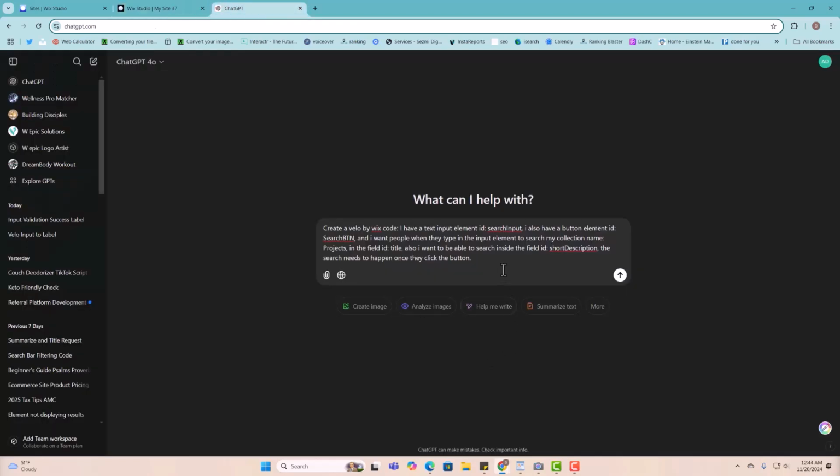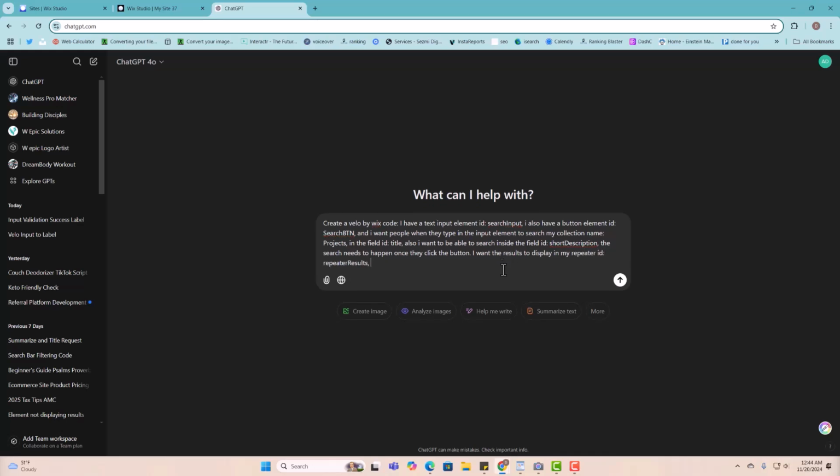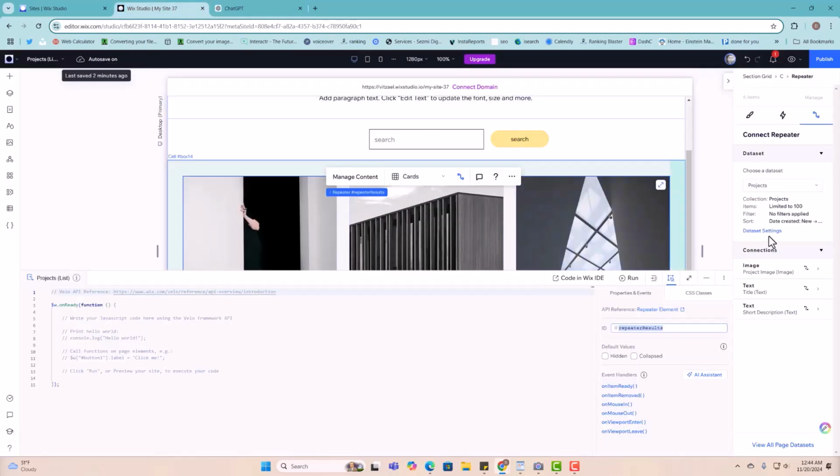And then I want the results to display in my repeater ID, and I place it. This repeater is connected to the dataset ID, and I'm gonna go find the ID of my dataset,